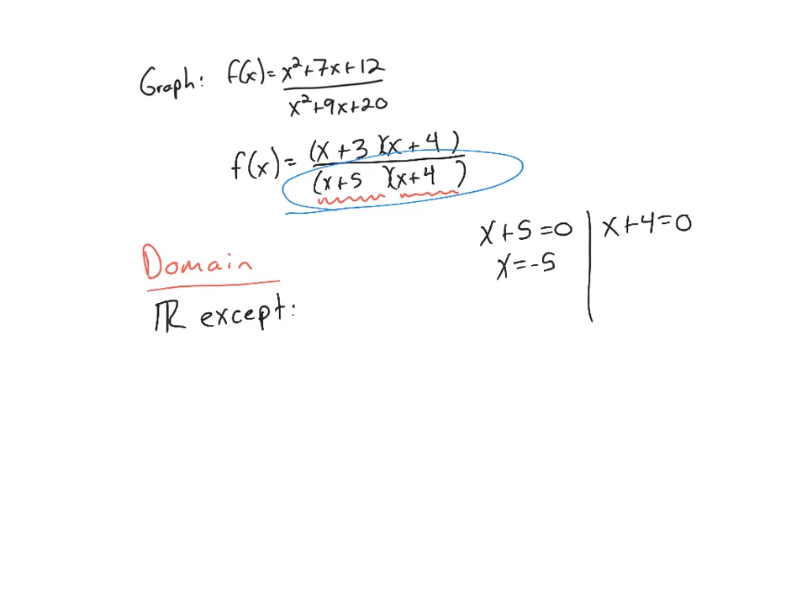So if I solve both, I get x equals -5, and I get x is equal to -4. So the two numbers that make my denominator equal to 0 and make the function undefined are -5 and -4. So the domain is all real numbers except for x equals -5 and -4. In the next video, we'll talk about what that means and what that